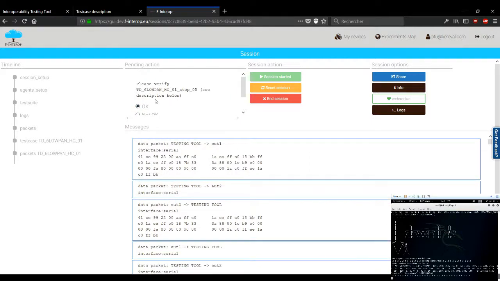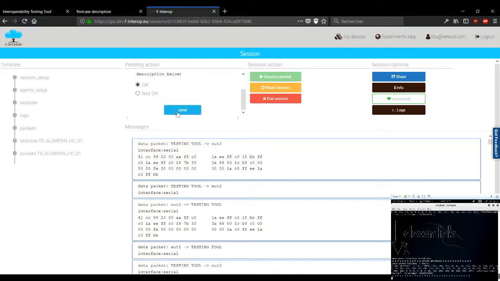Then the platform will ask us to check if we saw the echo request in the network. For that, we advise the user to use some third-party software such as Wireshark. So you just launch your Wireshark and check on it if the packets are sent correctly. It's the best way to know that the command was done successfully, so the test was done successfully.